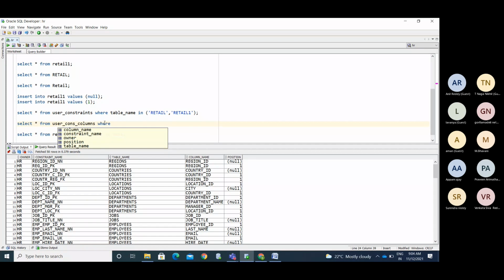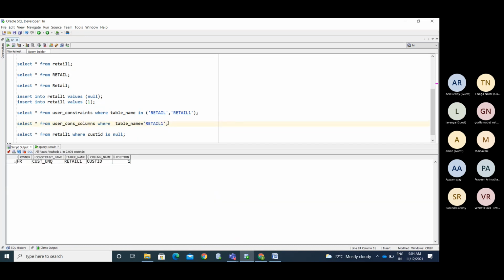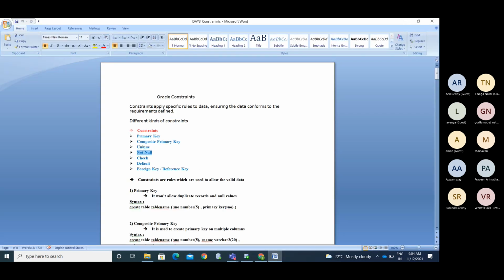Now table underscore name equals the table. See, the column name is cust underscore id. So you are trying to insert duplicate values in this. Okay, so this is about the unique constraint and not null constraint.